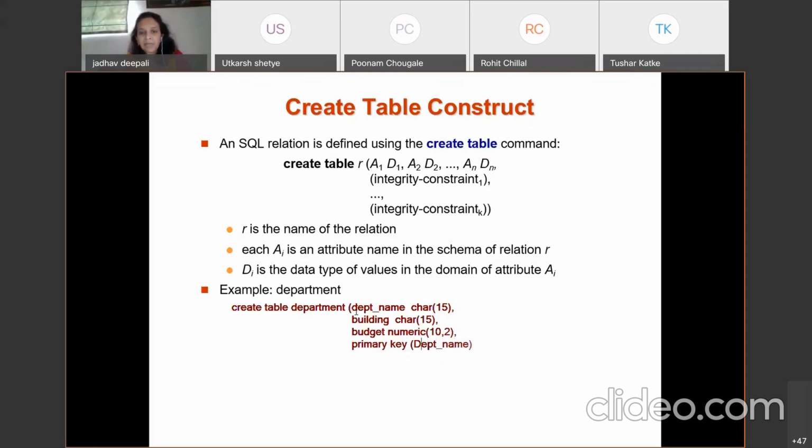Because here, while I define the department name, it is a small letter d, and that's why it should be the same. So in that case, it is case sensitive. Have you understood? You can write the entire query in capital letters or uppercase letters, that is no issue. But the variables that you are using, that is attribute names or the name of the table, you need to remember, and the same you have to use here.